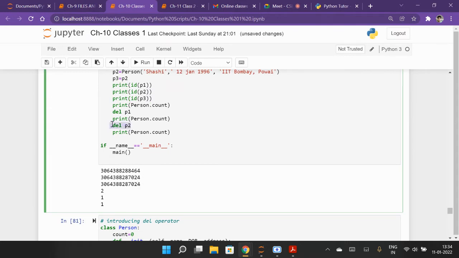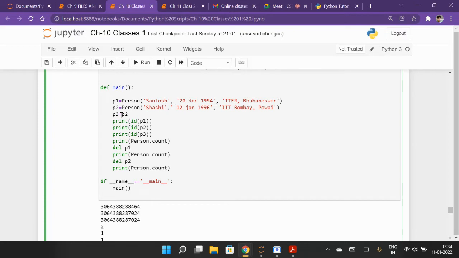So when you delete P2, actually P3 is not deleted here. That's why it is giving 1. It just disconnects the link between P2 and P3, but P3 is not deleted.